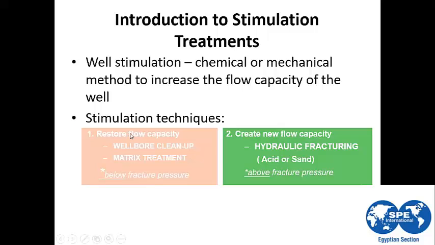Which means if we have wellbore cleanout treatment, we are going to clean just the wellbore against the perforation, and our maximum limitation in this case is to reach the skin value equal to 0, which means that we return the formation to its original skin value and its original deliverability.